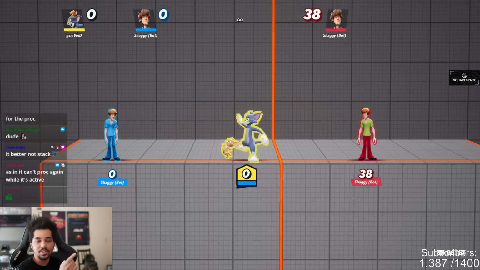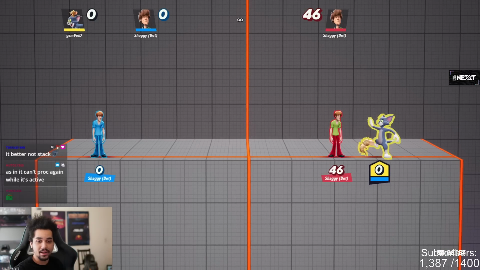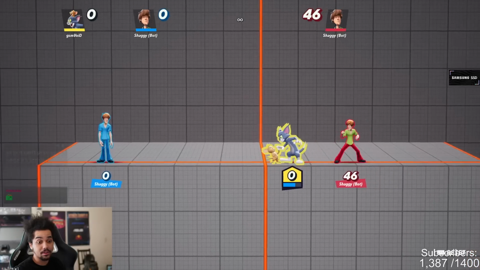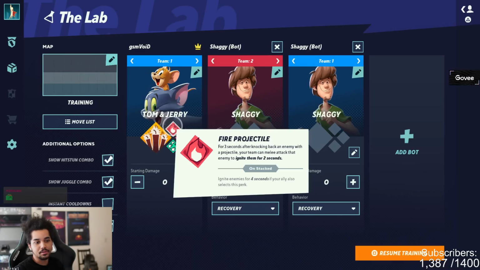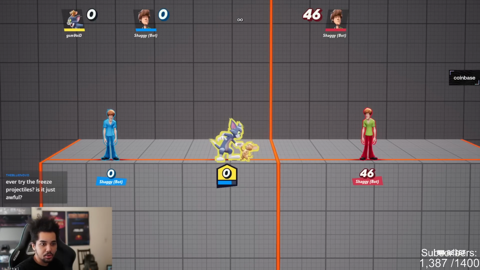And if Shaggy's at 1 gray health, let's say, and I hit him with a projectile, he will go back to 3. So it's a very big difference there between the extent of what gray health gives you versus the extent of what ignite gives you. Gray health can negate a lot of damage, but usually you have to be taking the damage in order for it to reapply. With the ignite, as long as you front load stuff, and the fact that it stacks makes it to where ignite, just like the combos I was showing you, will do a considerable amount